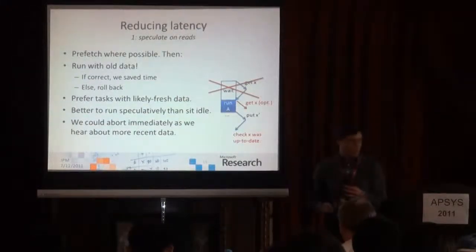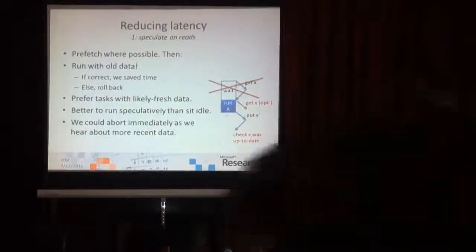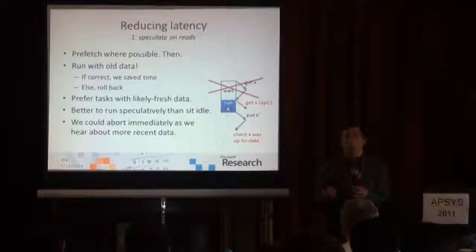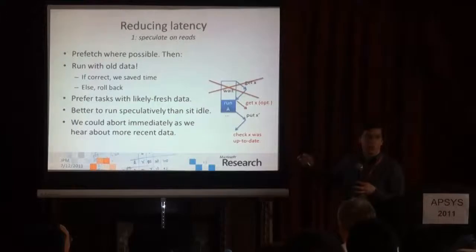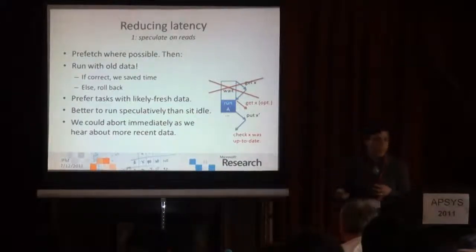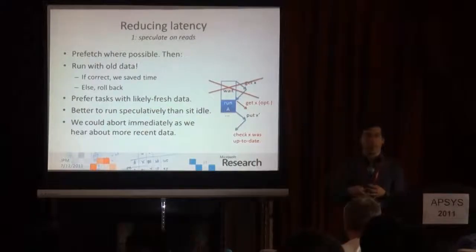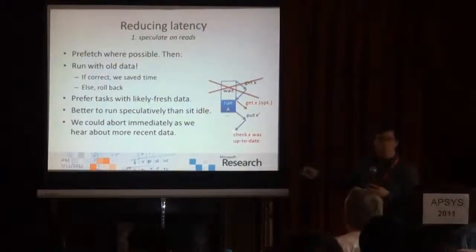So these are the most important and perhaps also the most complicated slides in the talk. Here are two examples of the way we use speculation to reduce latency. The first is speculate on reads. I mentioned this briefly before. On the right, you have a program here. A traditional way of writing the program would be to try to read the data, wait until it's here, then run your computation and write the result back. What we're doing instead is we're going to use the data that we have seen the last time and run with it. So we start here immediately. We skip all this waiting. And we can send a read at the same time. And then eventually the system will come back